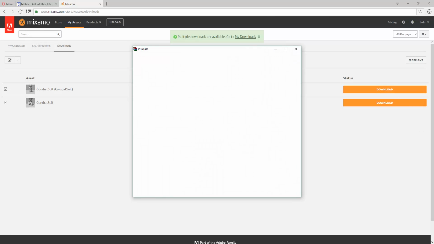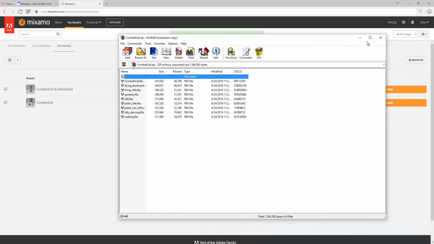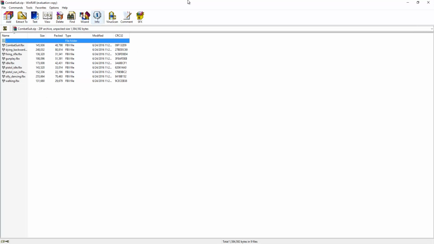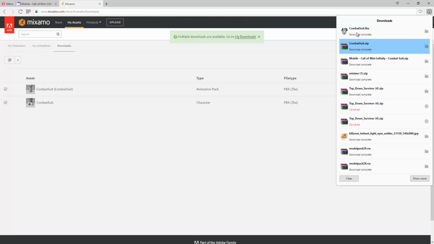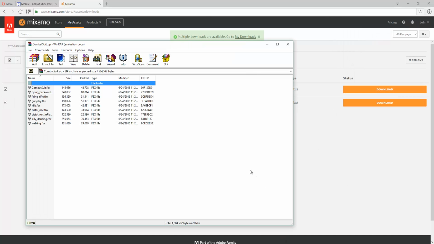Double click that, and as you can see, it's going to store all of our animations right here. What we're going to do is actually attach those animations to the rig. So these are all the same model. Basically, they're just the bones. The bones that Mixamo added to the model are just here, and all they have is the code for the animations. What we're going to do in a computer program called FragMotion is add these animations to the static bone T-pose on the model.